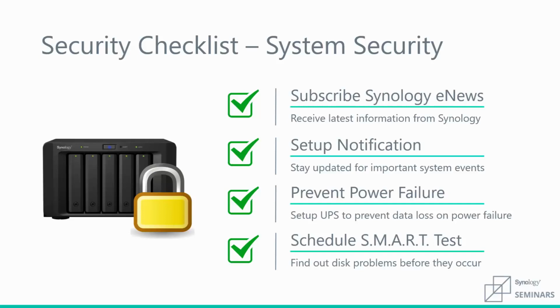You should set up system notifications right away to keep on top of any and all changes in your server, from suspicious login attempts to a defunct fan that might need replacement. You can always set up a UPS to prevent data loss in case of any unforeseen power failures. You should also consider scheduling smart testing. Now, this will scan all of the disks on your NAS and search for any potential problems before they even occur.